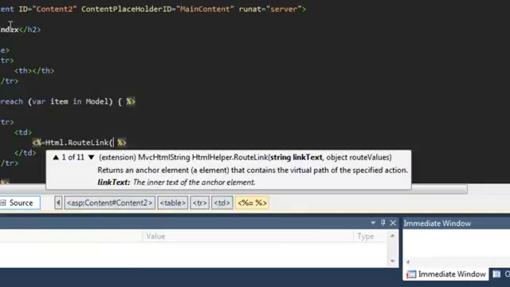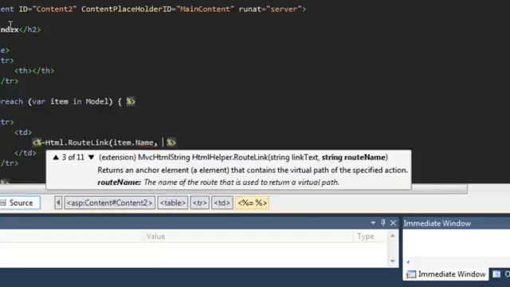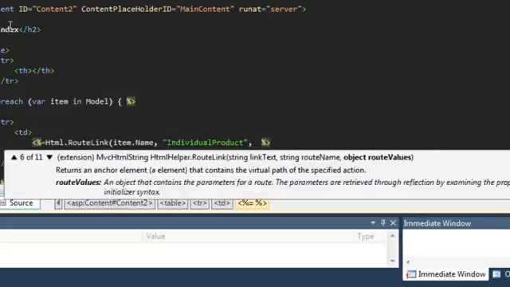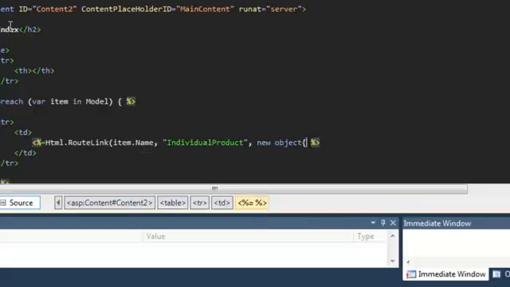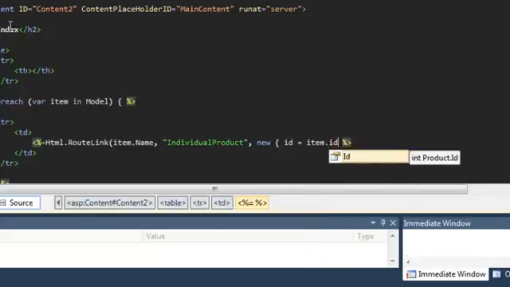This is what's going to be displayed to the user, and that is just going to be the name of the product. And I think we want the sixth overload, route name and route values. Yes. So now we want to specify the route that we want to use, which is individual product, and then we need to specify the values for the parameters of that particular route. All we need to specify is ID, and we need to do that within an object. So I am going to create an anonymous object and give it a property of ID, assign it a value of item.id,